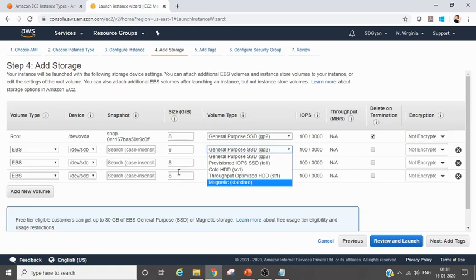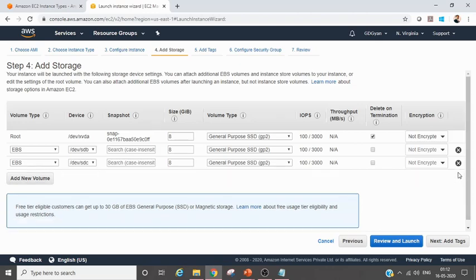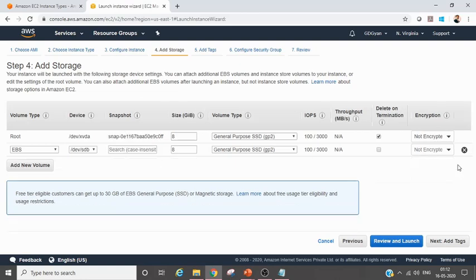So this is where you can declare the size. Now see, by default delete on termination is no, right? And encryption is also, you can choose it's not encrypted. By default it's not encrypted, so you can select that, but you have the option during creation itself to encrypt it. I will not add anything, or else it would be charged back to me.